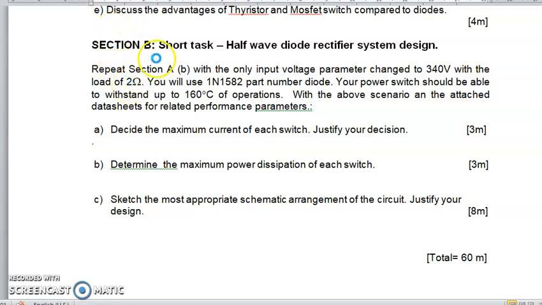Okay, for part 2 in your lab, all of these you can find from the datasheet, either by calculation or by